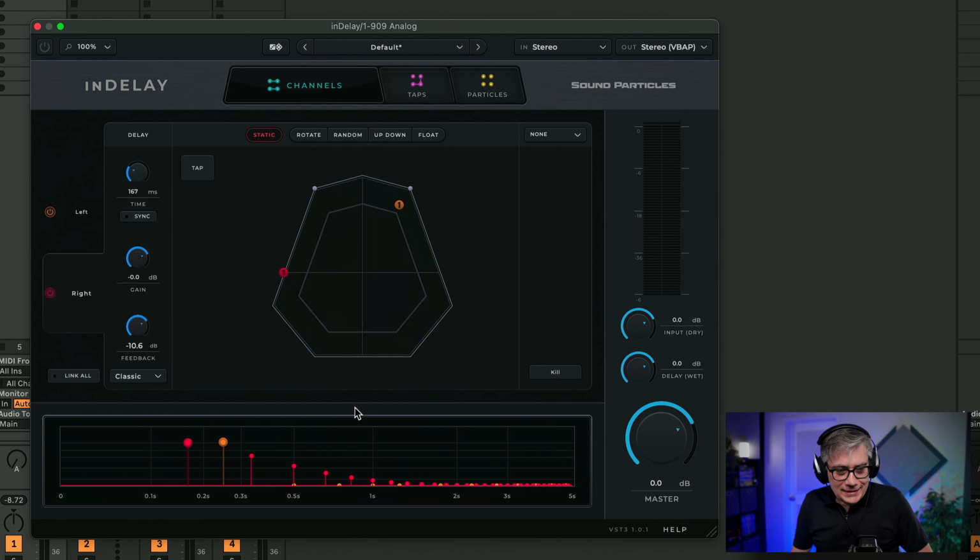Now let's look a little bit closer at the individual tab settings. Essentially what we have here is a classic delay where we have individual instances where the sound is played back.